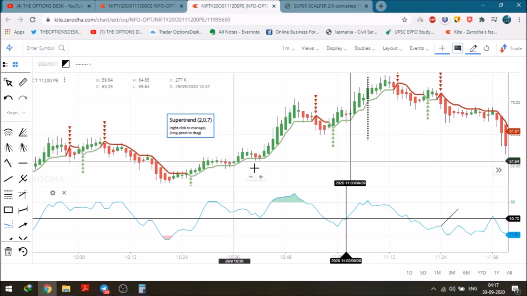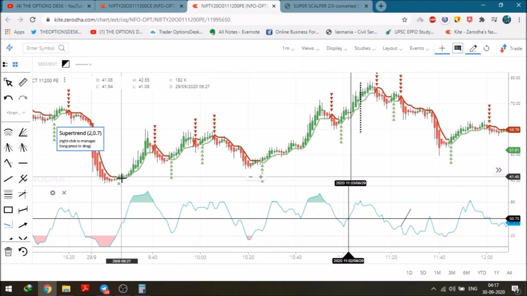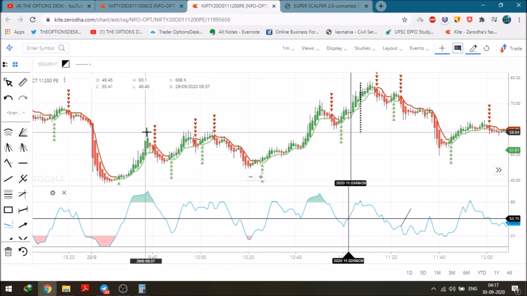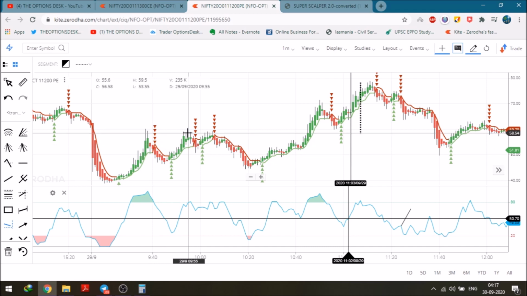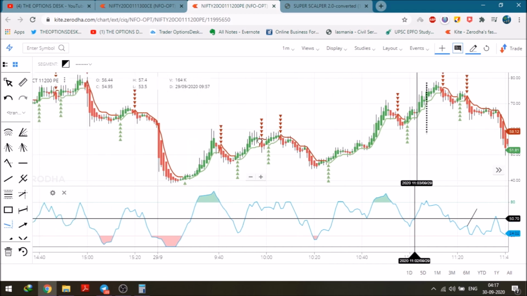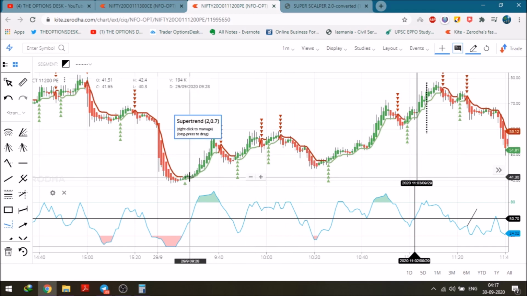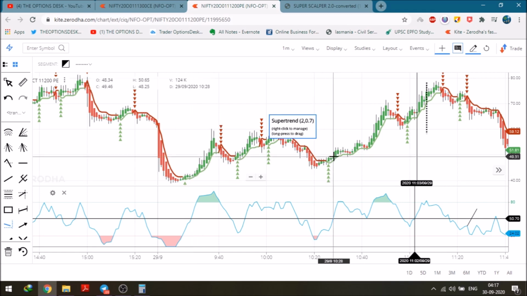Let's see what happens. You took an entry at this particular point, it went on the upside. You are thinking, no, I will not book. It went on the downside, it again went on the upside, and you said no. Let's see what real emotions come. Oh, it has gone up again at the 60 level, I will wait, it might go to 80. Now it comes down, it again goes below your buying price. Sometimes you are still in profit but not booking, because you're a greedy person.